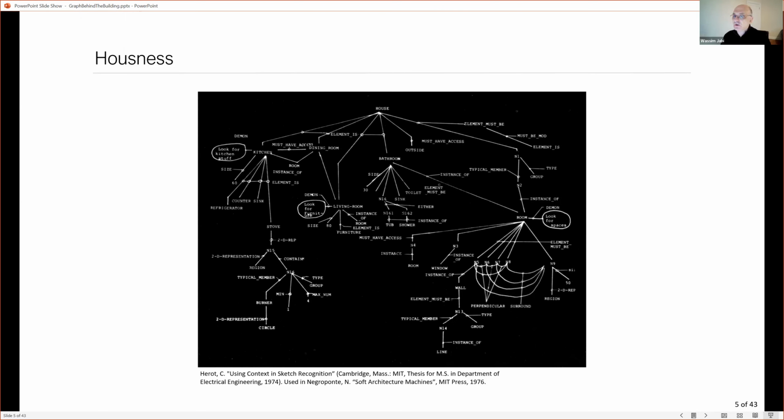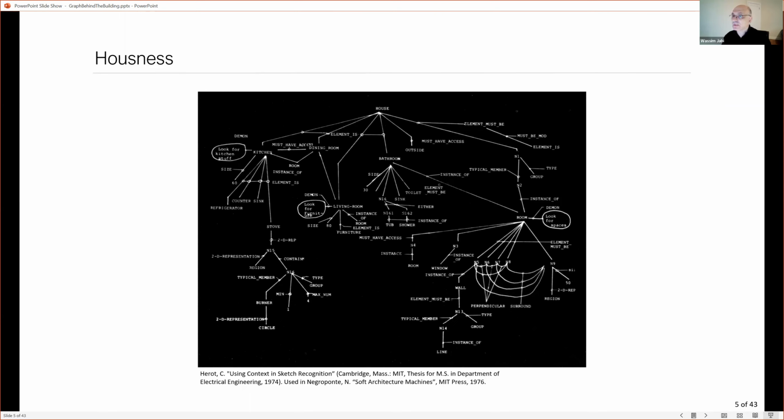So this very, very old image from 1974, from Harrod, which was used by Nicholas Negroponte in his book Soft Architecture Machines, talks about what is called houseness, meaning what is the nature of a house? And it is almost the precursor for what we now call Industry Foundation Classes: what makes the components, how they're connected, and spaces, and how they are connected. I can't really read it all, but if you would like, go see the original. And you can see that they're trying to draw relationships between both physical components, but also non-physical components like space.